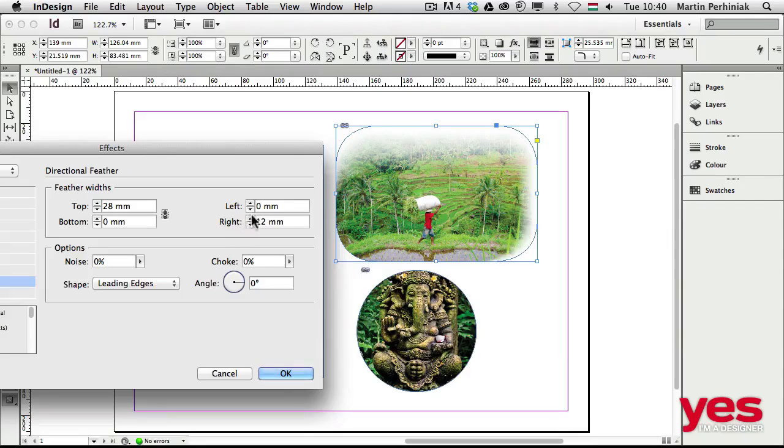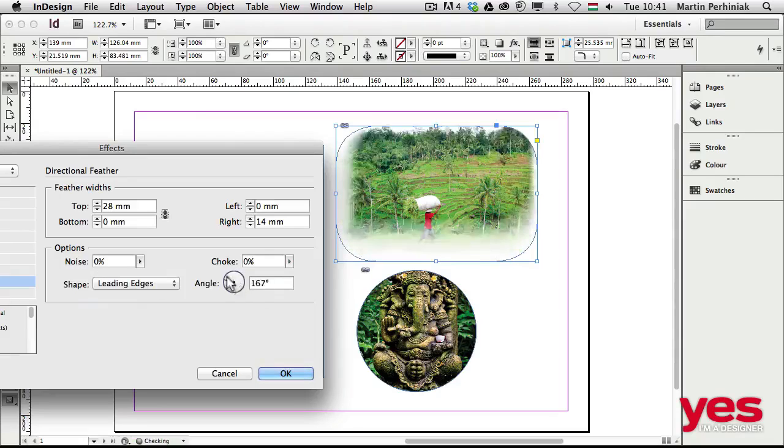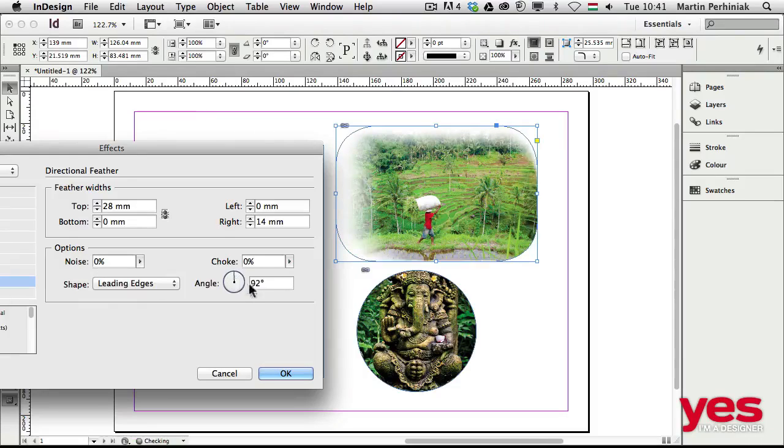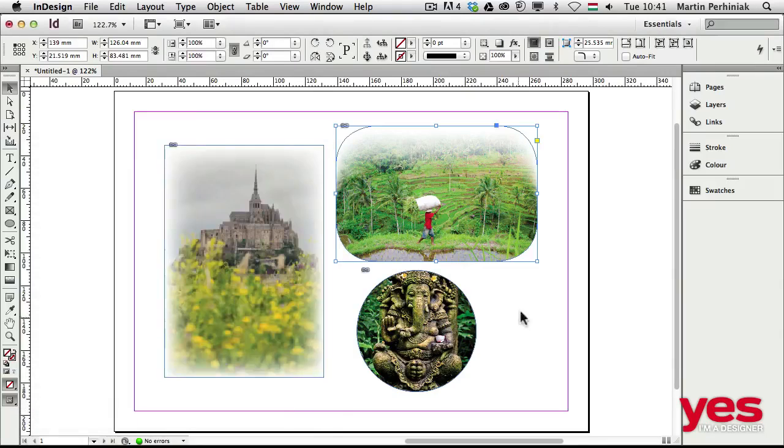Once again, just so you understand, here we can also see if we set it to first edge only, it will be different than the leading edges. And I can also change the choke, noise, and the angle of this feature. Let me just set this back to 0 and also the right to 0. So we will only have feathering from the top. That's why it's called directional feather. Let me click on OK,